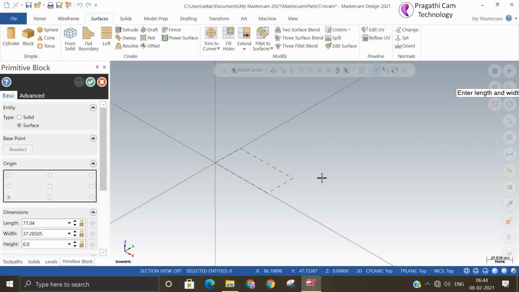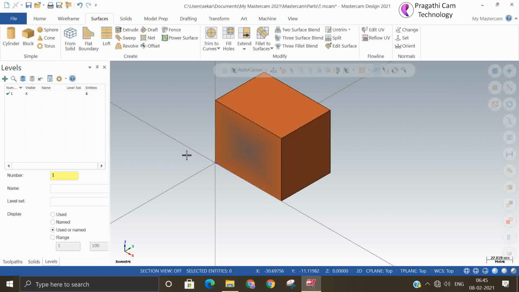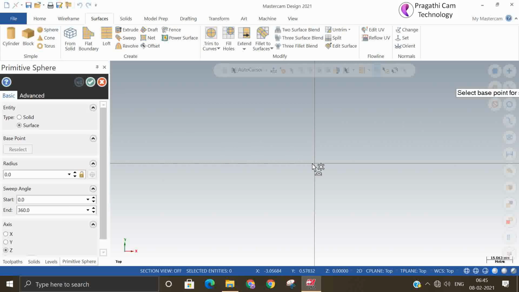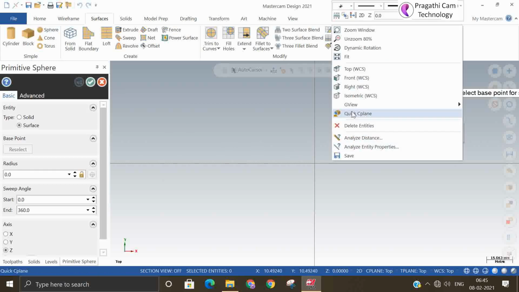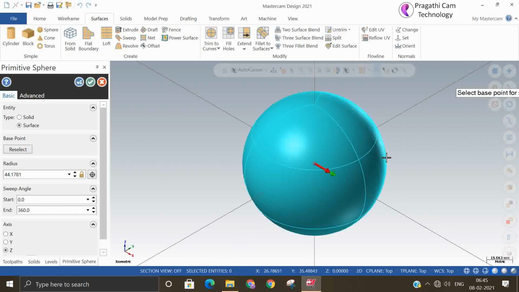Next is the block primitive. You can change your sizes, thickness, and other things. Okay. Next is the sphere. Okay, I select sphere. I'll go to isometric so that visualization will be easy.